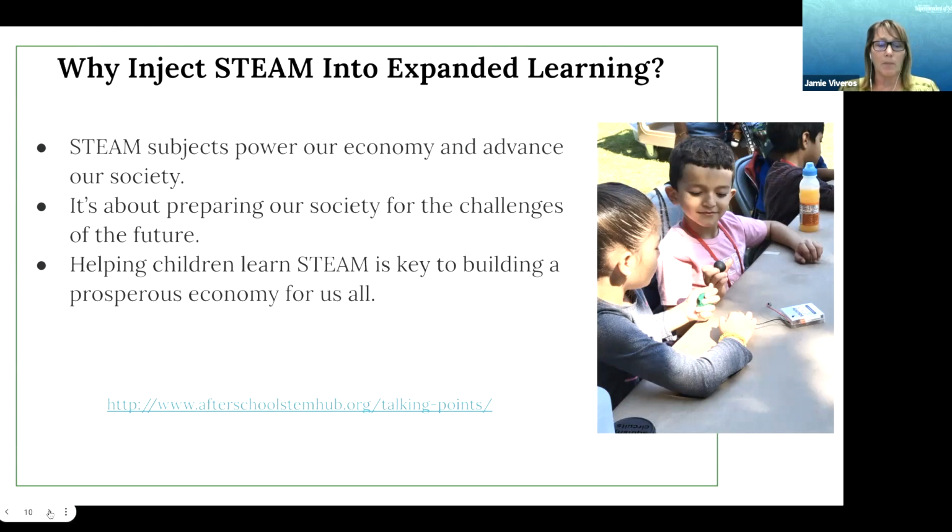We can also come up with creative solutions. You can see there's a link on the page. You can go on there and check out the STEAM Hub with After School, which has more talking points that you can investigate.